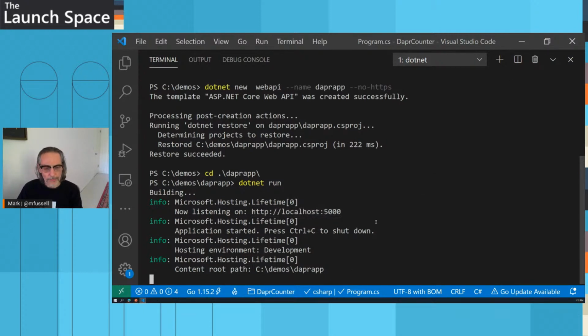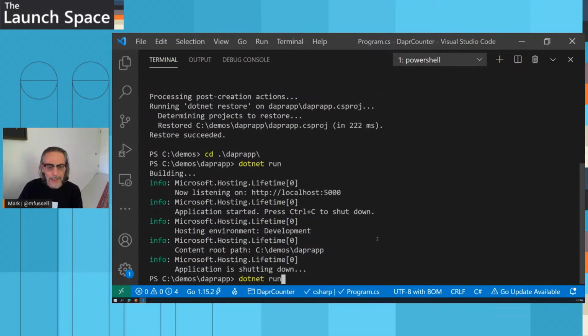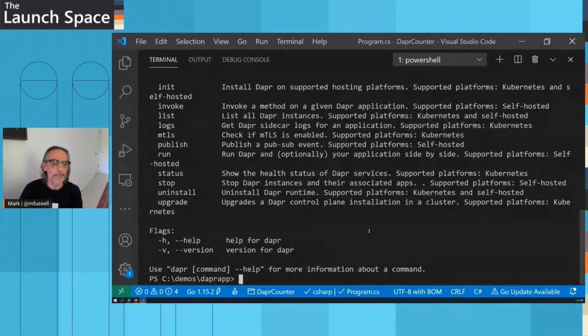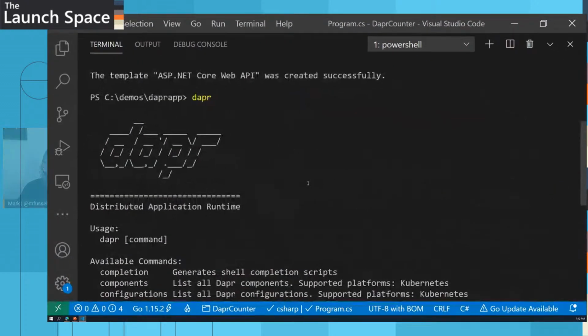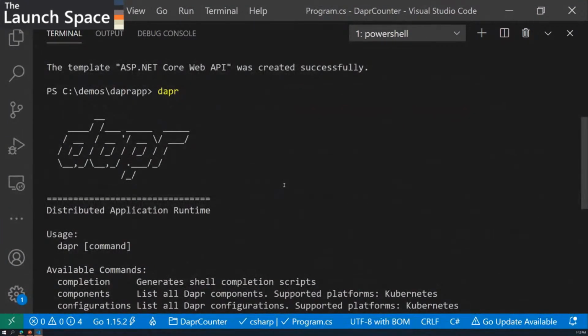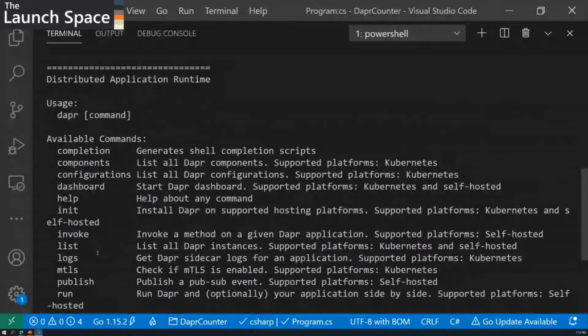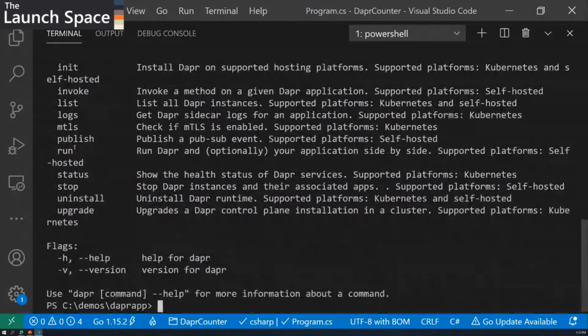So I'm going to go back here and Dapr-ize this application. Dapr itself has a CLI. Let me clear the screen. If I just type dapr here, I've installed Dapr on my machine. It's pretty easy to install; you just download a CLI SDK. This is the CLI, and you'll see there are a number of commands I can run. To get up and running, you can just use dapr init. So it's very simple.